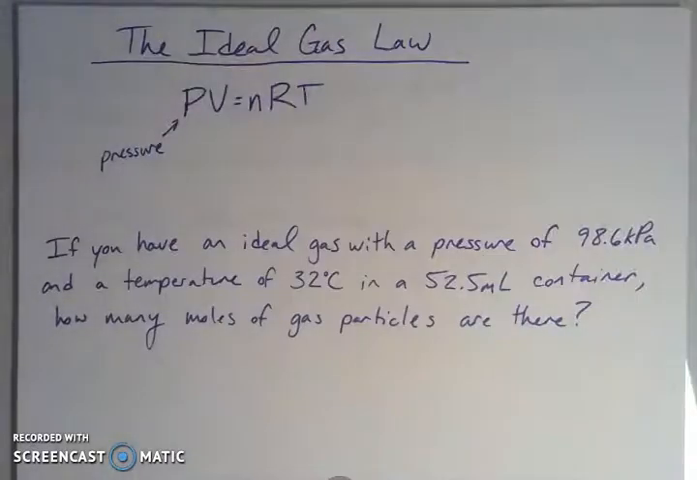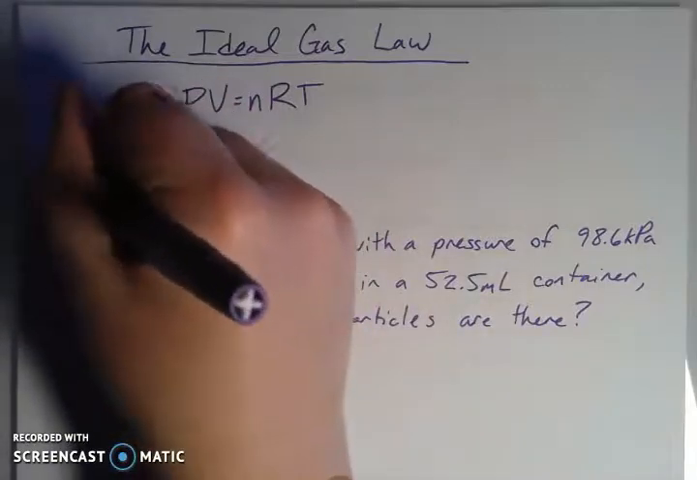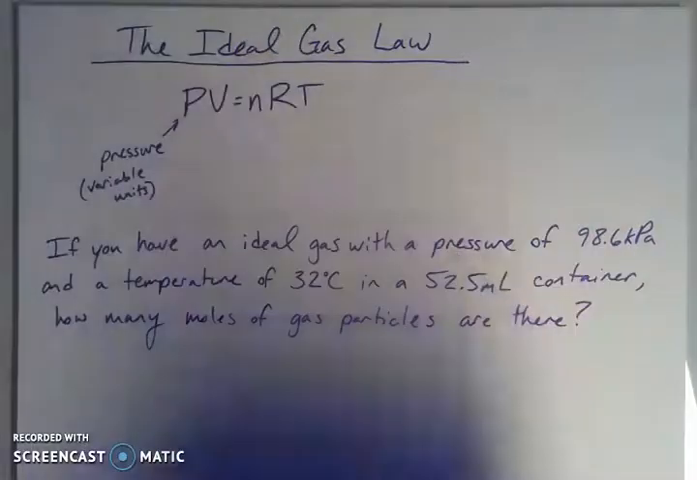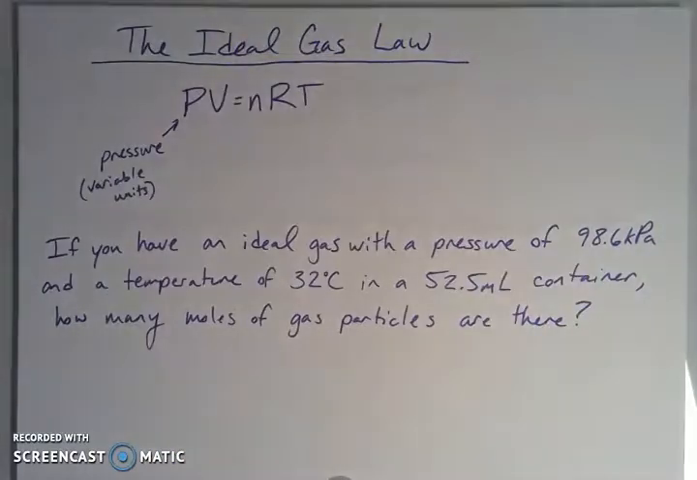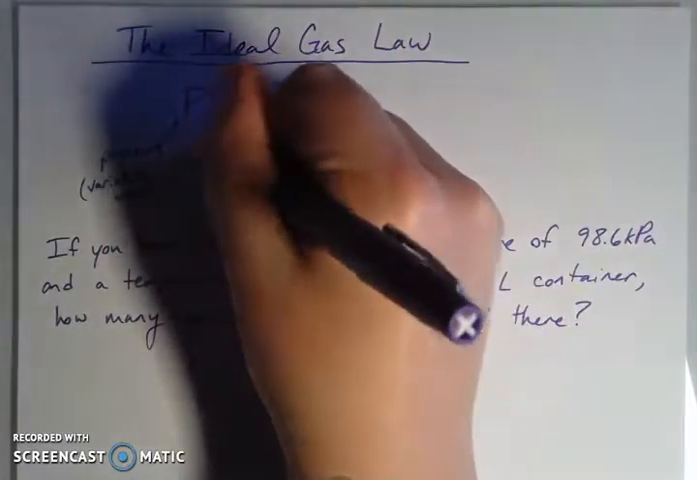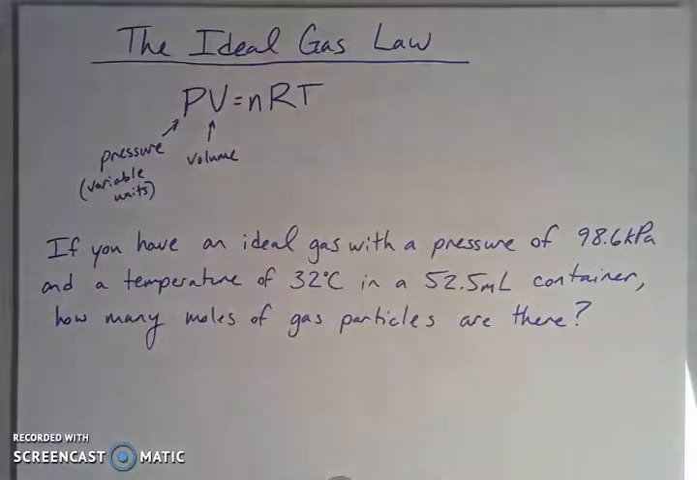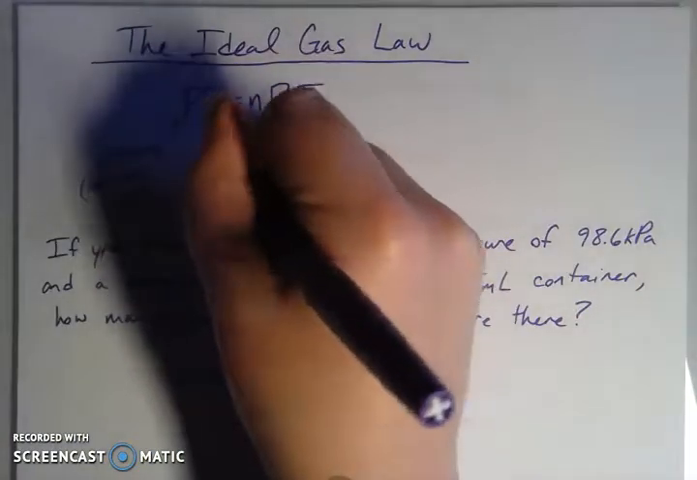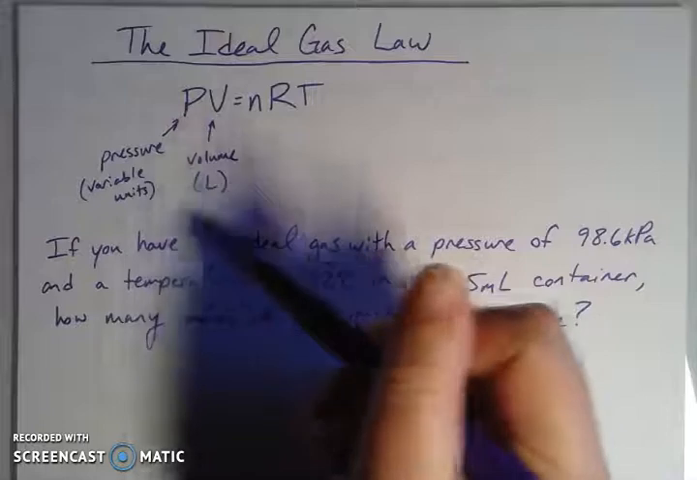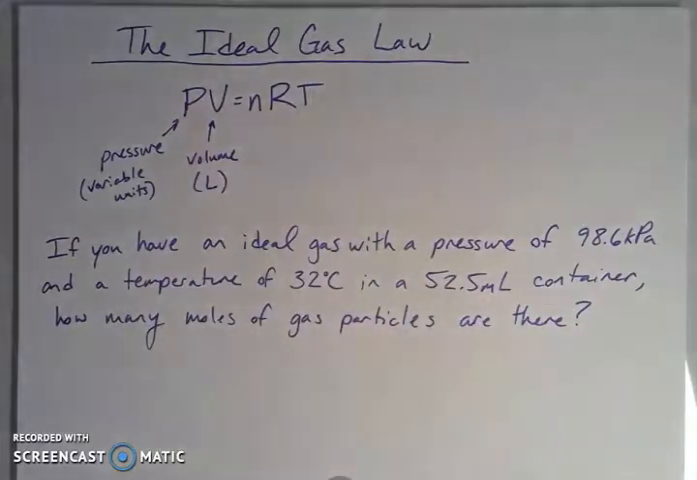Now the SI unit for pressure is pascals, but the pressure can have variable units. We'll get into that in just a second when we talk about the universal gas constant, which is the R part. Now the volume, V, is going to have units of liters. That's important. So if you're given a quantity that's not in liters, like a gallon of a gas, for example, then you are going to have to convert to liters in order to